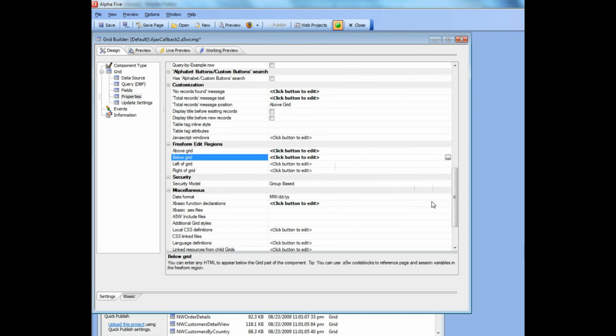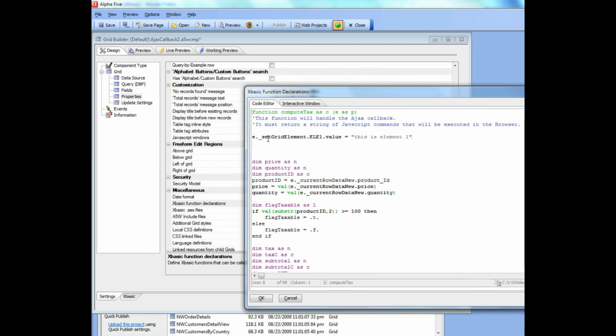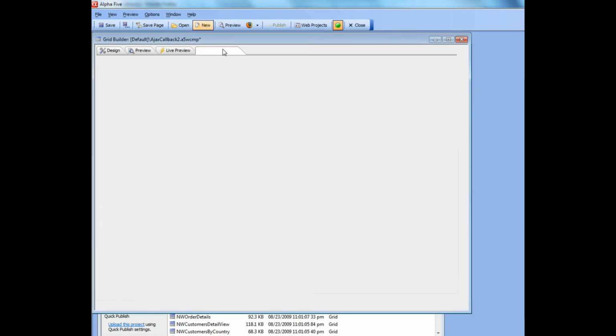So we'll go back now to our Xbasic function, and I'm going to go here and say e.underbar_set grid element dot le1 dot value equal, and I'm going to go here and say e_set, and let's go ahead now and then save this and run this,